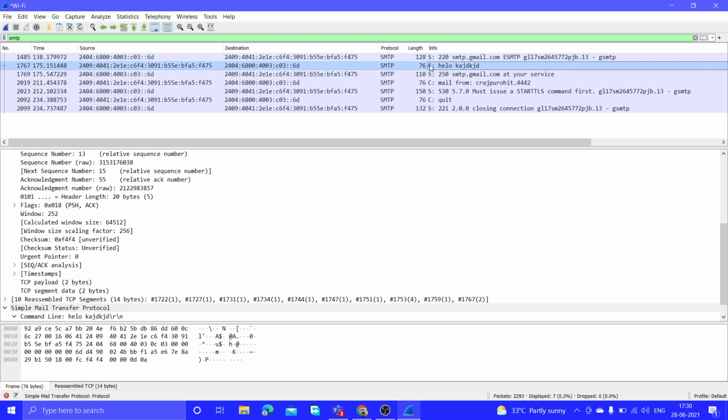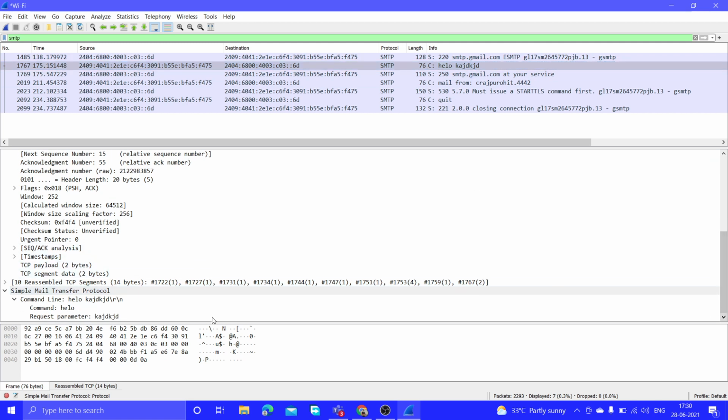We'll observe the second one, which is hello, and the message we typed in. As we can see, in the Simple Mail Transfer Protocol, in the command line we have hello and whatever message we typed in. So the command is hello, and the request which we made is the following. I just typed in a few letters to understand.